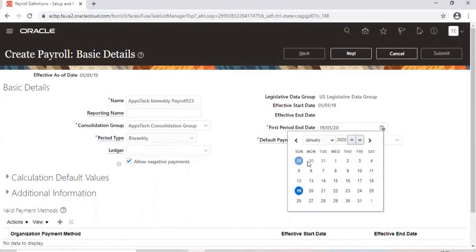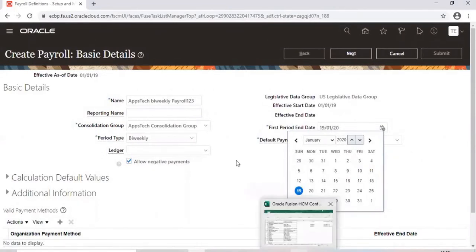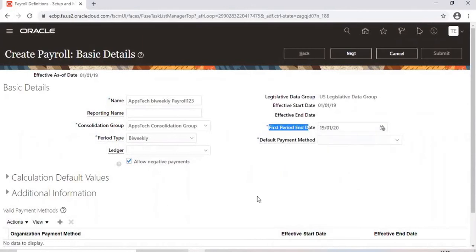Before that, all my salaries are in my legacy system, whatever previous system the client has used, where my payroll processes are. First time I'm running from 6th to 19th. So when I define 6th to 19th and bi-weekly, the system automatically thinks, okay, this is a bi-weekly payroll period. Then it will automatically take the second period, third period, fourth period, fifth period, like that, continuously. That is called first period end date.